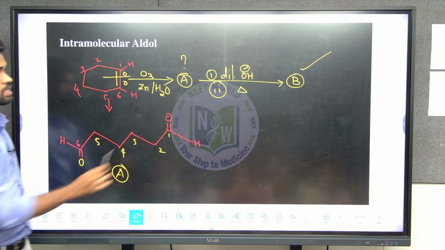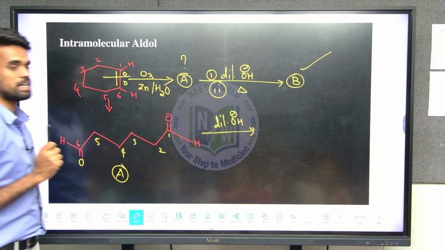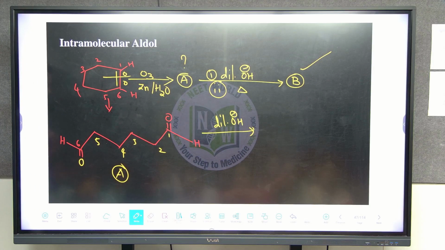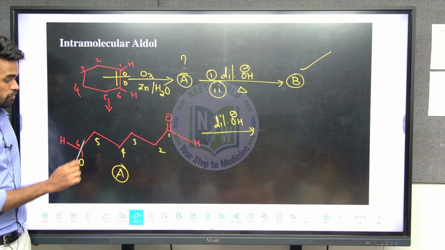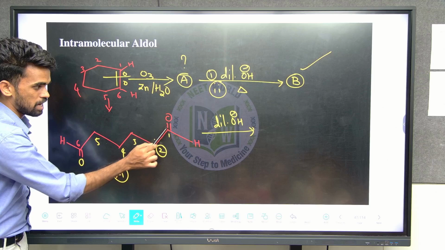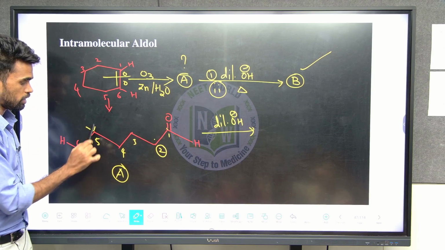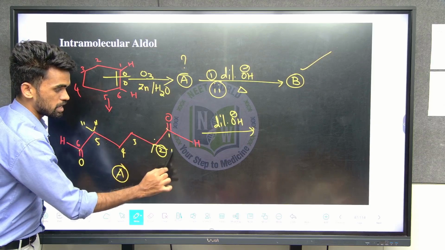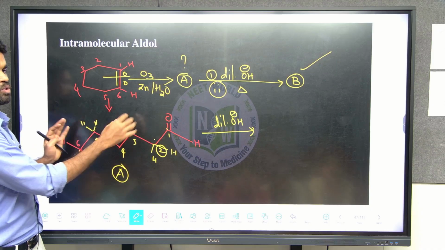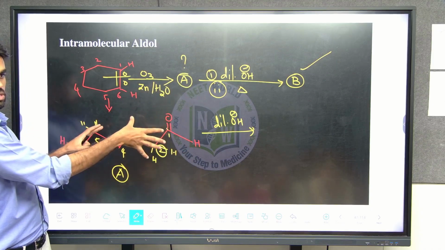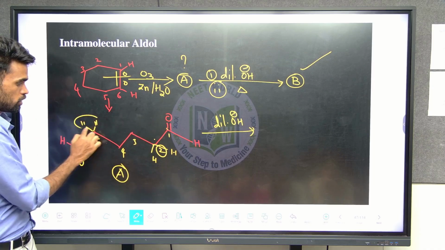Okay, after this, what they are doing? Treating with dilute base. So from where it will take the proton, tell me? See, both sides it is same. Identify alpha position. Perfect. The second position is alpha with respect to this carbonyl group. Fifth with respect to the sixth carbon. So here 2 hydrogens are there, here also 2 hydrogens are there. Okay. So now just consider, from wherever you remove, product will be similar, because from both ends it looks like same structure now. Yeah. So from one side of the carbonyl group you remove 2 hydrogens, other side you remove